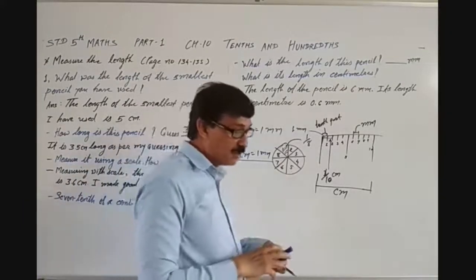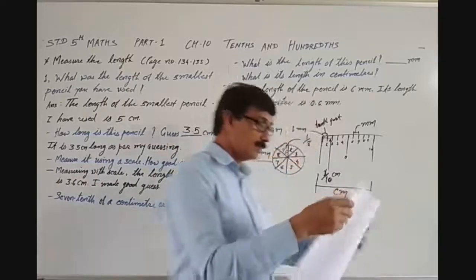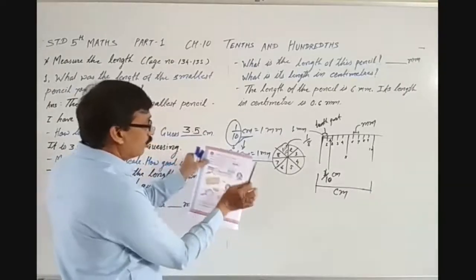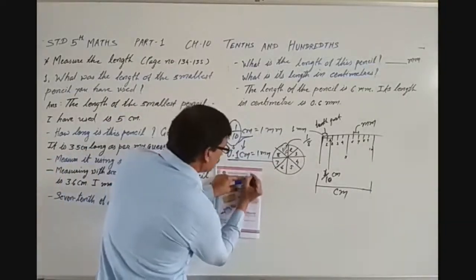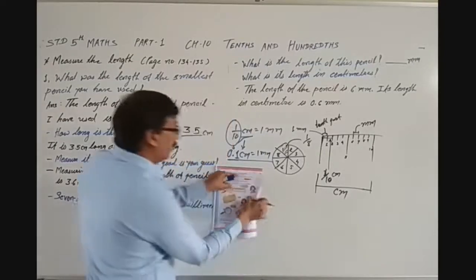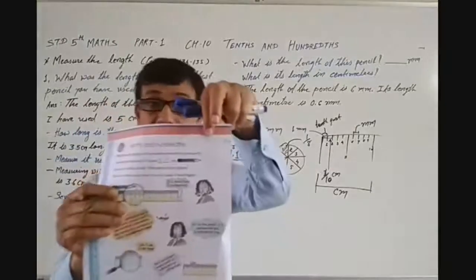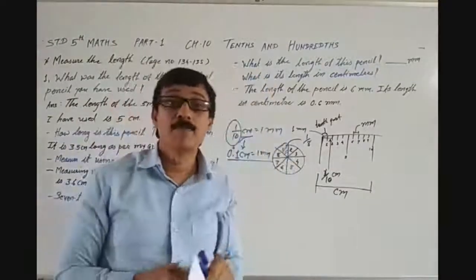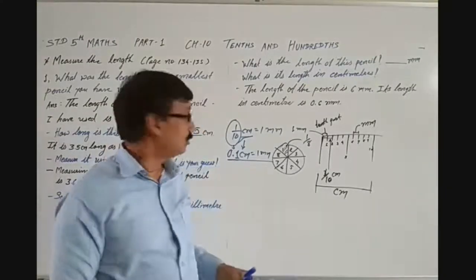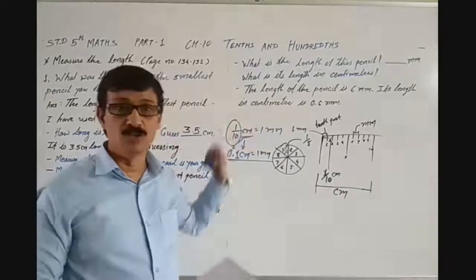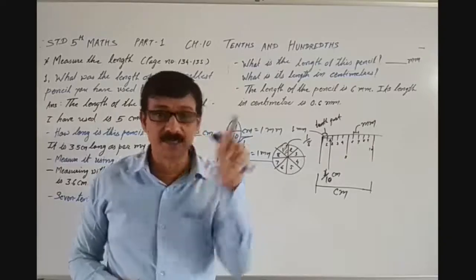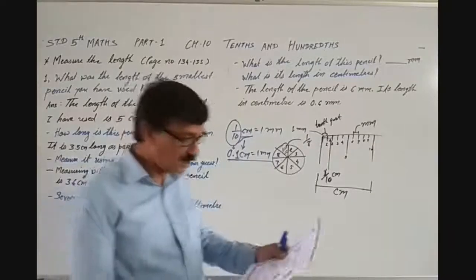Write down somewhere over here. See what you should do. 0.1 centimeter is equal to 1 millimeter. Note down here. You should write 0.1 centimeter is equal to 1 mm. Note it down somewhere over here in your textbook with the help of a pencil. It will be helpful to you. I hope you must have understood this. Millimeter is a 10th part of a centimeter. Let's go further.